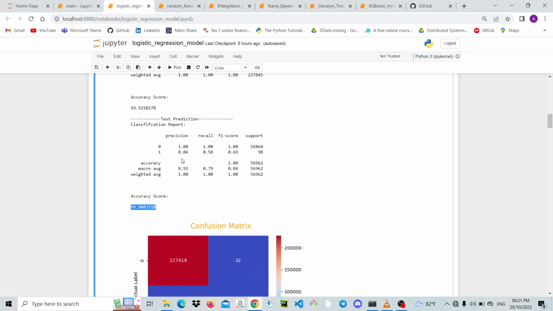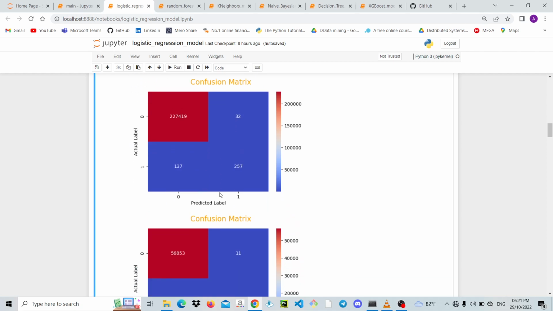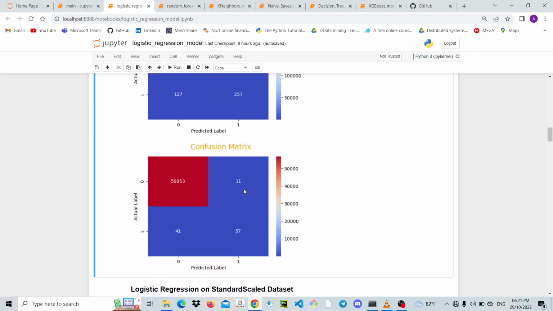But you can see that we are focusing more on the f1 score, and this macro average is the one which we are focusing on, because macro average is of the f1 score. This is the average of both classes, both f1 scores of the 0 and 1 class. So 0.84 is the average of 1.00 and 0.69. So we'll be more focusing on this value, and we are trying to improve accuracy as well as macro average of f1 score. Look at the confusion matrix, but there are lots of